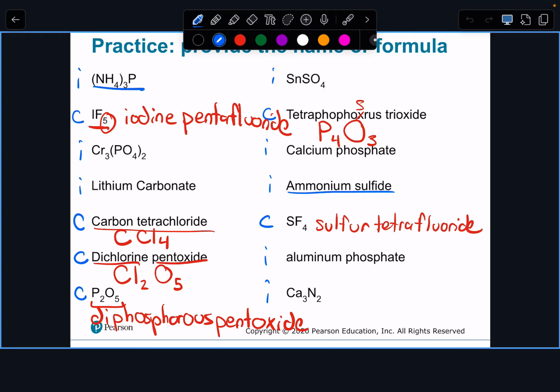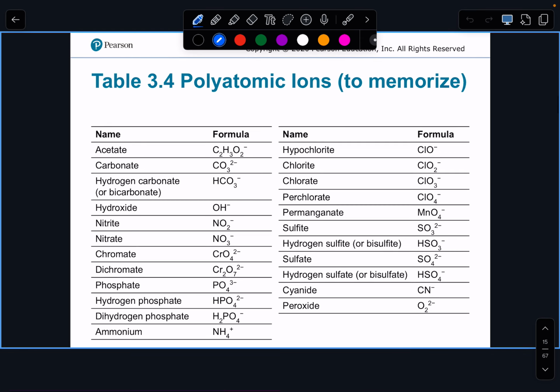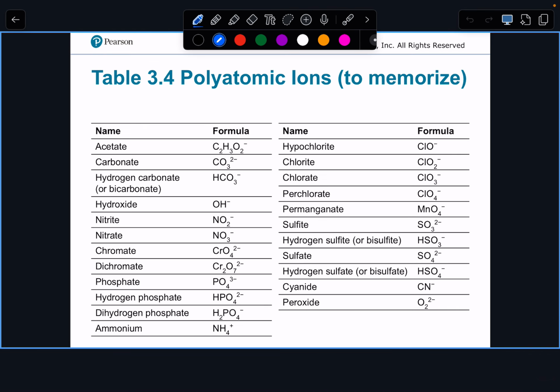So in most instances, the list is here. In every single instance except for one that you guys will see, they're negatively charged. The only positively charged one is ammonium. So if they're negatively charged, what's happening is they're substituting in for the nonmetal. Like if we had sodium chloride, a similar compound with a polyatomic ion would be sodium something. So maybe sodium acetate,